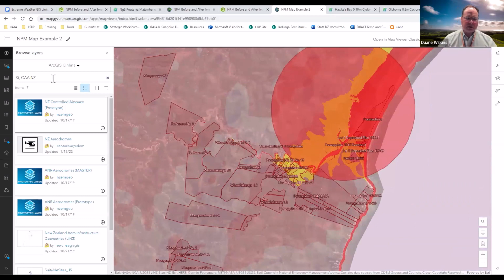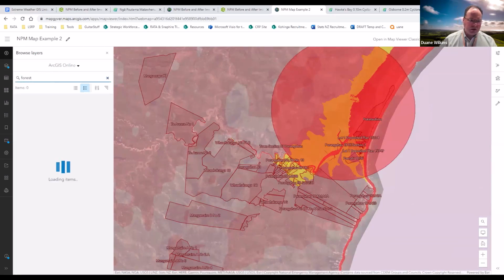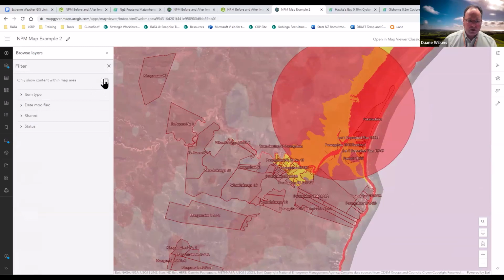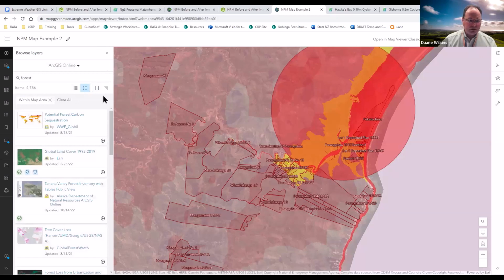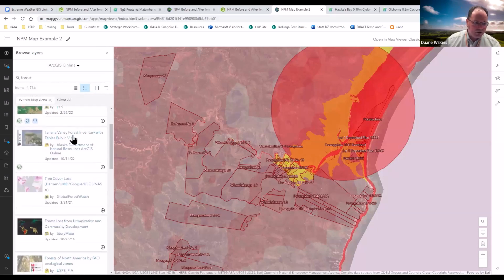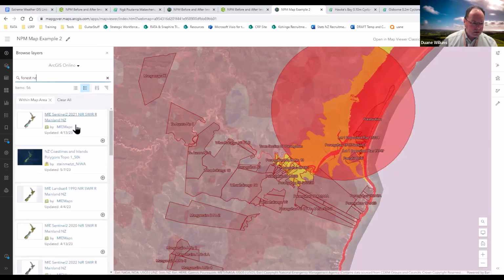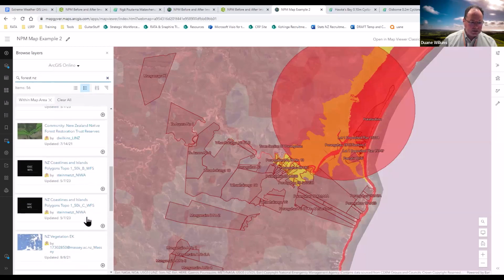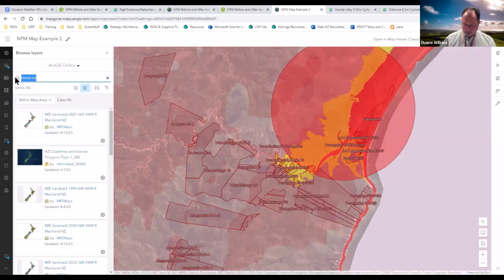Someone was recently asking me about forestry, if we wanted to know about pine forests, for example. So we could go here, and there's USA forest type. We come here, this little button, and we go 'only show the map content of this area', because that's all we're concerned about. And you'll see that USA one that was on first, it's gone. But now there are others that are global. So then I might go Forest NZ and see what's there. Probably the answer to the forestry question is going to be the land cover